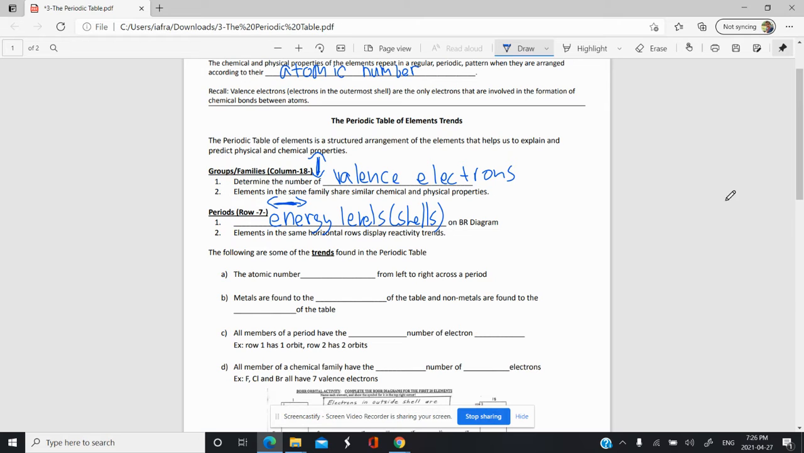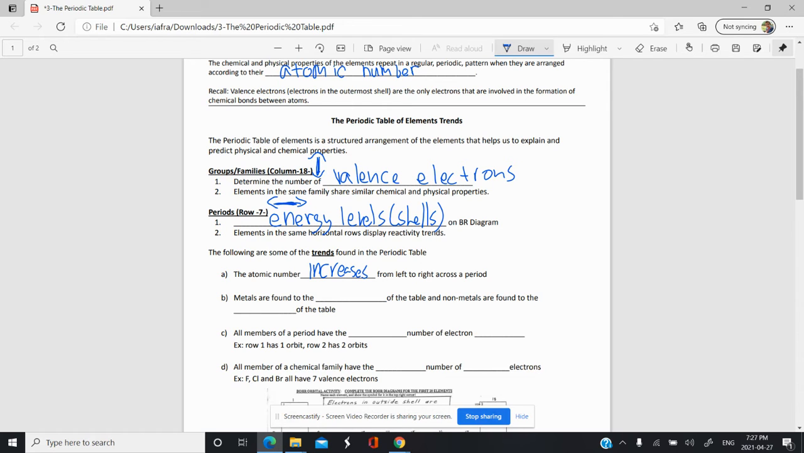And there are also trends within the periods. You might see reactivity trends. For example, a nonmetal might get more reactive when you go from left to right in a period, or a metal might get more reactive when you go from right to left. We'll see more of that later on, but the point is that there are trends involved there as well. A few trends you might see is that the atomic number increases from left to